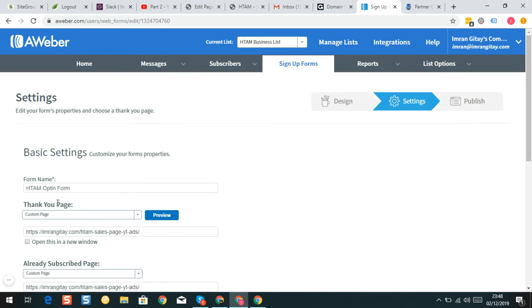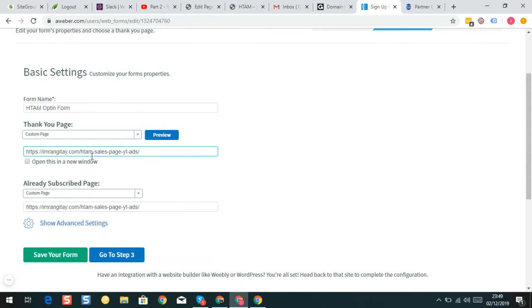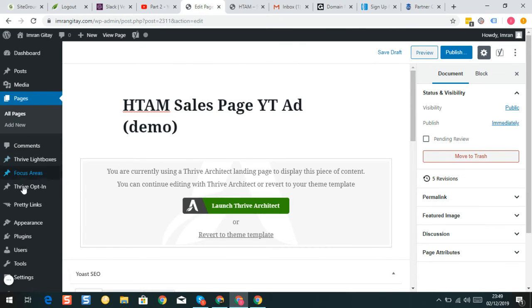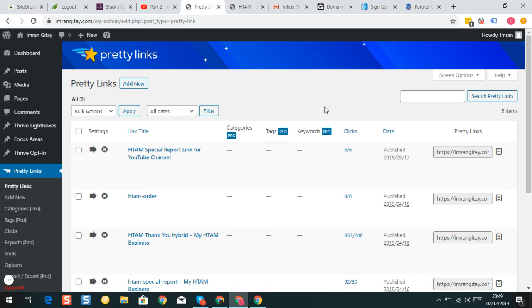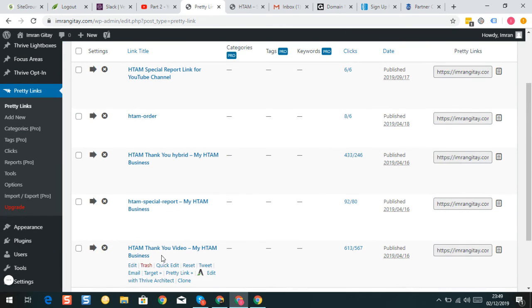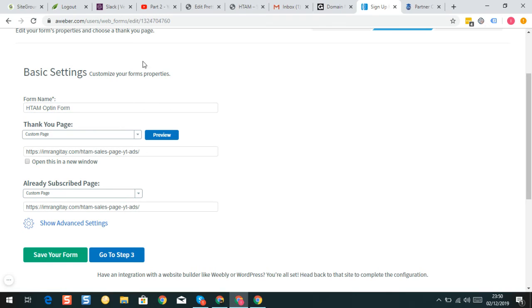Now, where it says thank you page, before we had the thank you page. So I'll show you which thank you page. If you remember correctly in the previous video, if we go to pretty links, when we were setting up, when we were connecting your Aweber account to your landing page, we initially put the thank you video. But now we want to put, let's go back. Anyway, so coming back here,